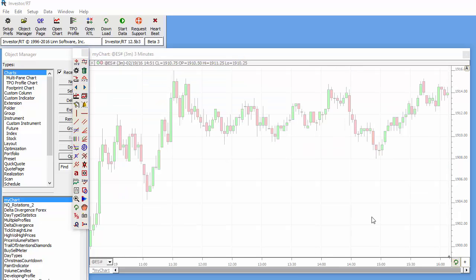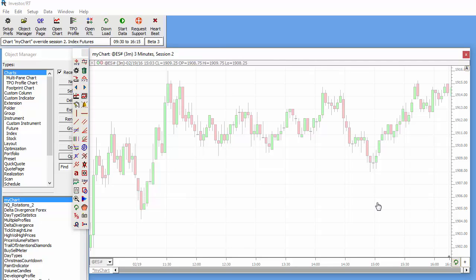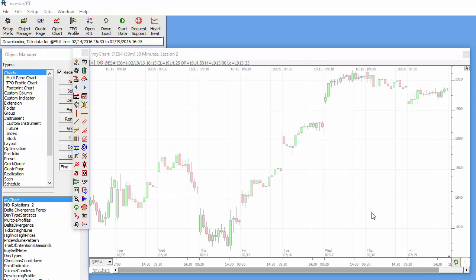Now this chart is set up on the full session. I want to just watch the day session. So you can hit the comma key on the keyboard. Again, click on the chart, hit the comma key, and I want to click on 2 because session 2 is my day session, and hit enter. And now we're looking at just day session bars. So hit any number on the number key to change the periodicity, hit a comma to change the session, and